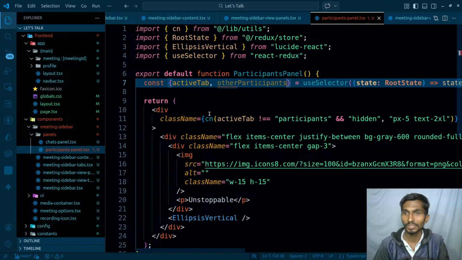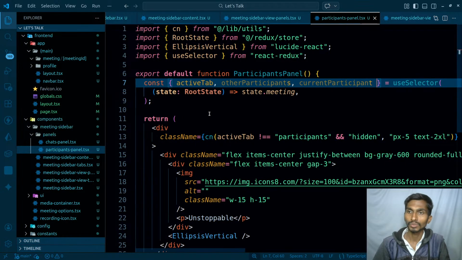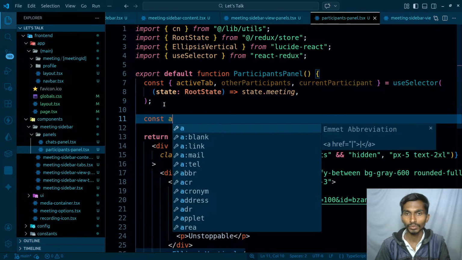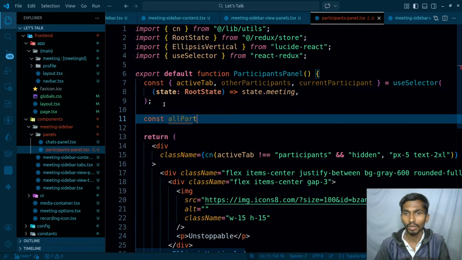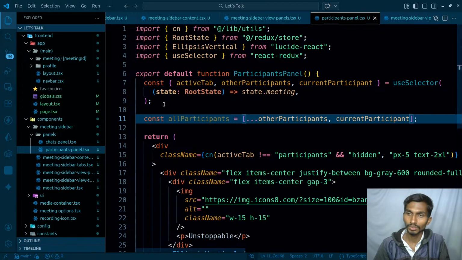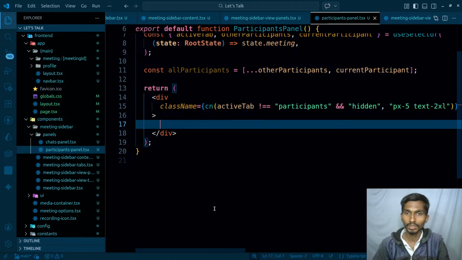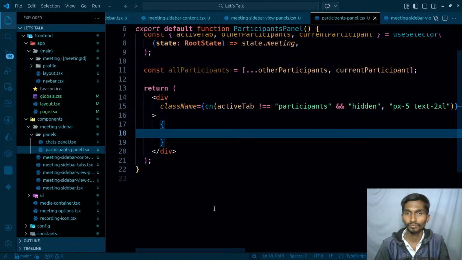Other participants and current participants. So these are gonna be all the participants. Once I have all the participants, after that I can say const all participants. They are gonna be equals to other participants. So let's do one thing. I'm gonna be having an array. Destructure the other participants and current participants. So this is how it's gonna be going on. Once I have this all participant over here, I'm gonna be cutting everything, and